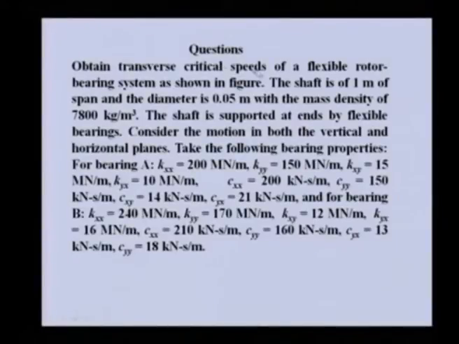Through one numerical example, we'll try to see how the flexibility of the shaft and bearing, if present, can be analyzed to get the unbalanced response of a disc. This example is similar to what we did in the previous lecture. Now we are considering the flexibility of the shaft also; earlier we considered it rigid. The data are exactly the same as the previous lecture's numerical example for bearings as well as for the shaft, but now we consider the flexibility of the shaft also.